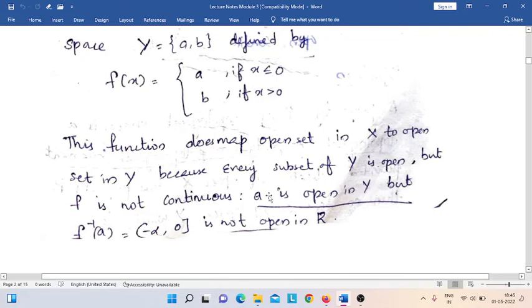Let's consider the element a in Y. We have to consider it as a set, so it should be written in set notation, the set {a}. The set {a} is open in Y. Similarly, the set {b} is open in Y. But here we consider the set {a}. Then {a} is open in Y, but its inverse image, f inverse of {a}, equals,